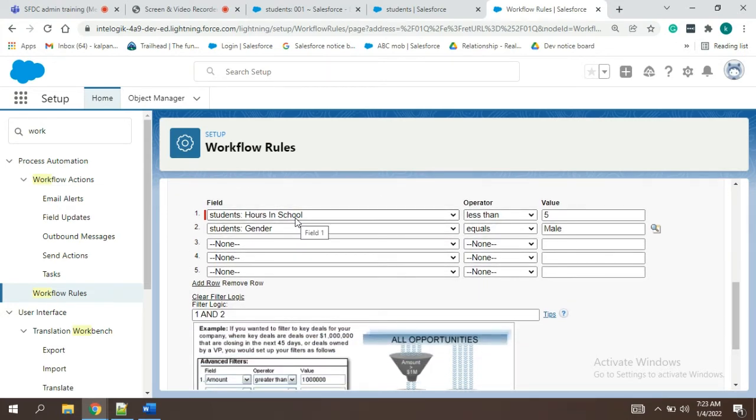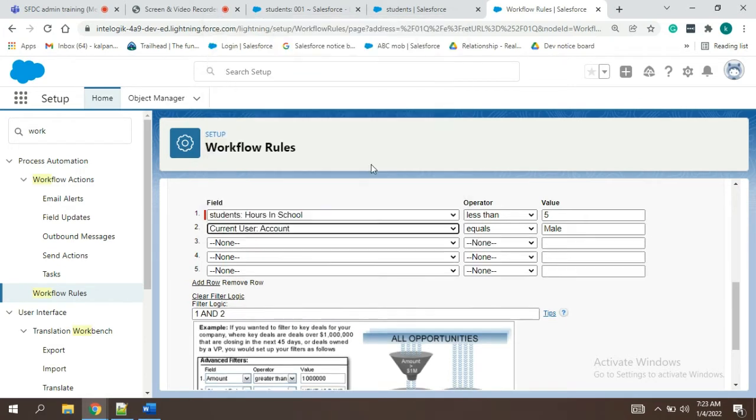Like if either one passes, you have to show this message, means you can write 1 or 2. If you want both the conditions to be true, you can write and. So now this is not needed.